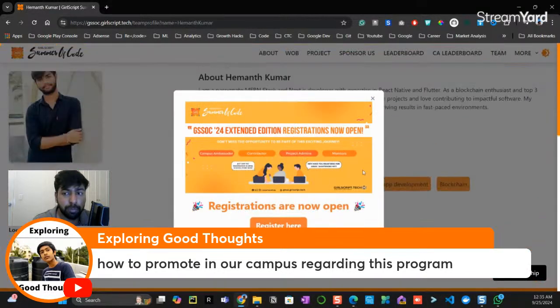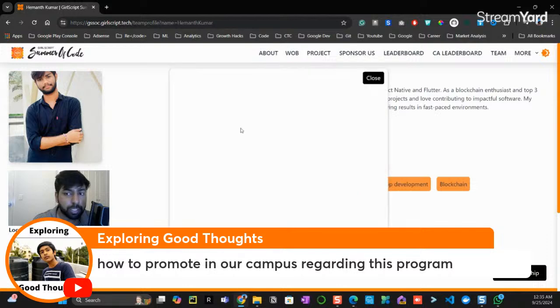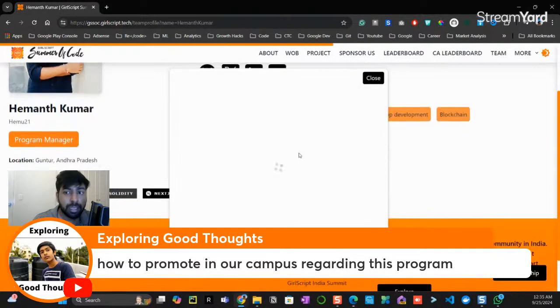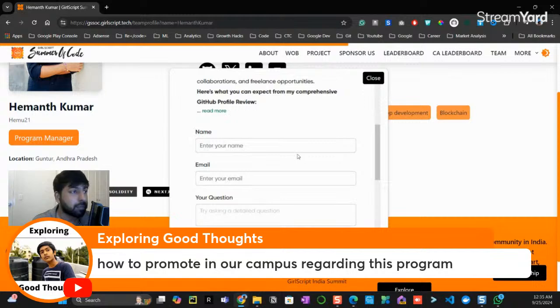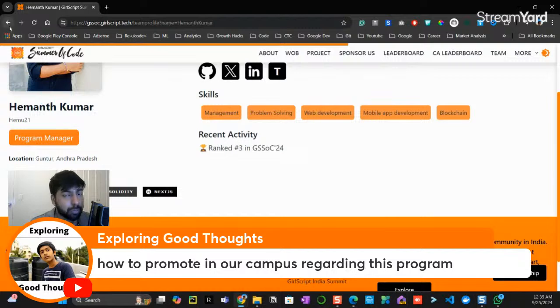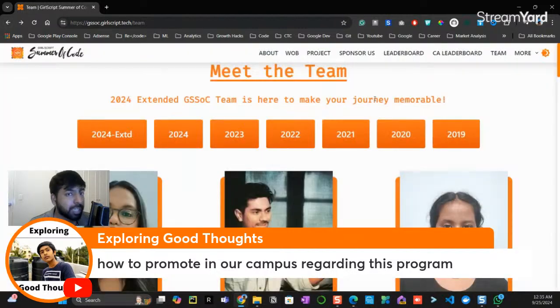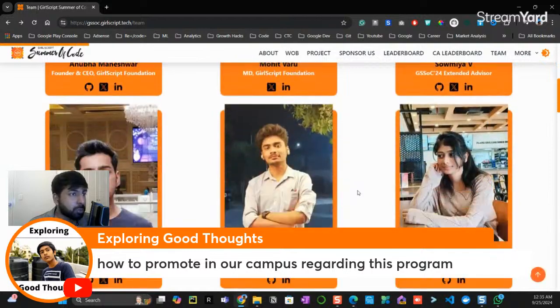So any of the people, you go to their profile, you click on 1:1 mentorship, and you can reach out to them, and they will help you with being a speaker at any of your campus community events. This way we can make sure the event is successful and there is less pressure on you. All you need to do is promote the event: we are going to do a GitHub open source program, and the speaker will be a program manager, intern, or web developer of the GSOC program, and they will teach you about GitHub and how to do your first open source commit.